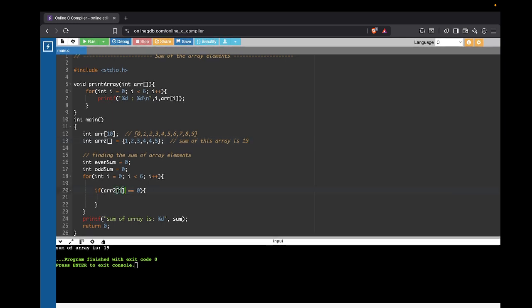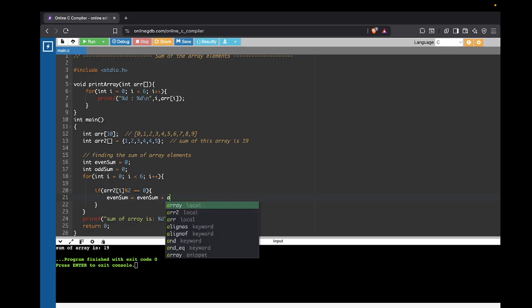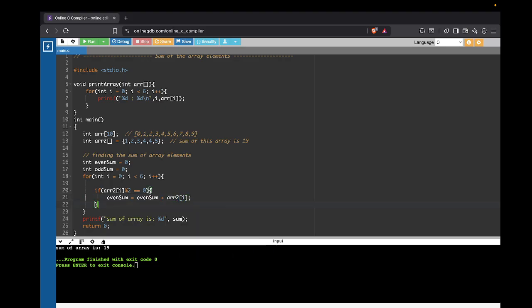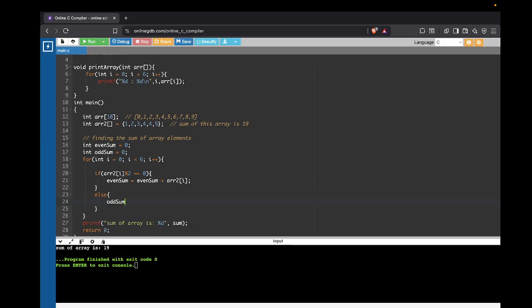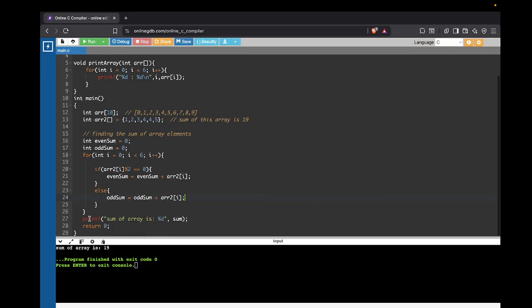So the same thing I'm doing here is, if it's divisible by 2, that means it's an even number, so I will do here even sum plus ARR of I, which will give me the even sum. In case of odd, simply do odd sum plus ARR of I, right? So this is the particular format which I am using. Simply print